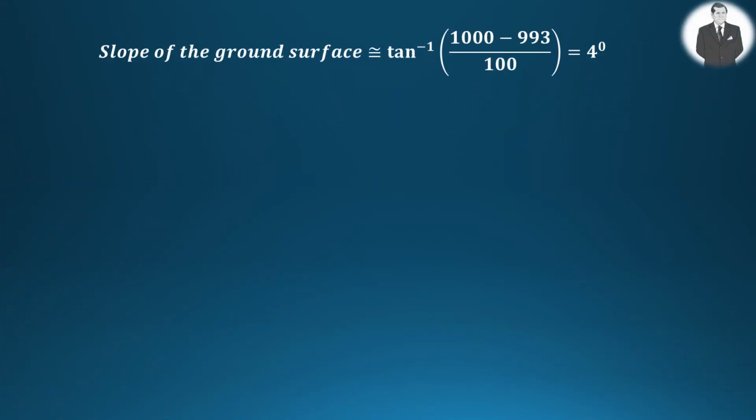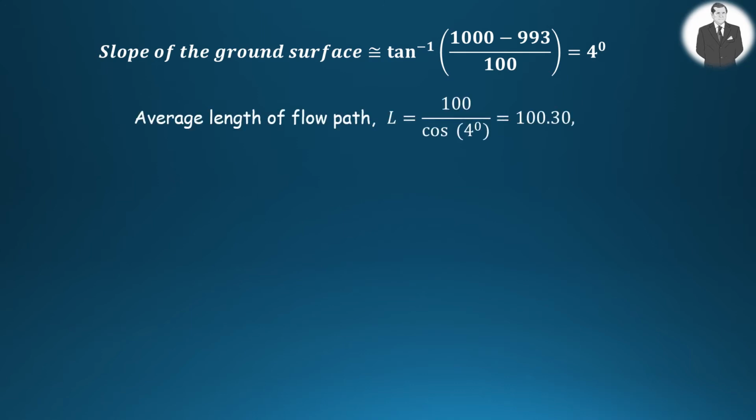In order to calculate average length of flow path, we need to determine the slope of the ground surface, which is 4 degrees, and the average length of flow path in that case is 100.30. We know that hydraulic gradient is the ratio between head loss and the travel distance, which is about